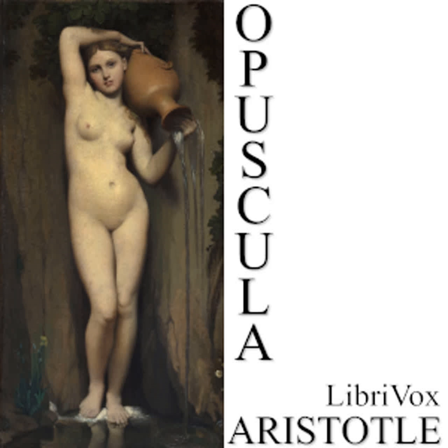For example, alpha beta, beta gamma are equal to gamma delta, delta theta. And so with other similar pairs of sides, for the same demonstration holds good in all cases. For alpha beta is equal to epsilon theta. For the opposite sides of the parallelogram, beta eta, kappa alpha are equal, and the wholes are an equal distance apart from one another, and beta eta is equal to kappa alpha, for the angle at beta is equal to the angle at eta. For the exterior angle of a parallelogram is equal to the interior opposite angle,